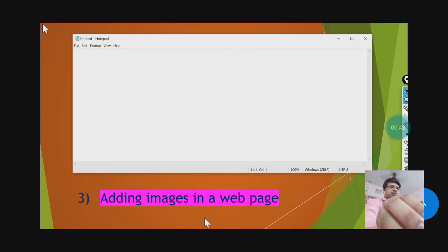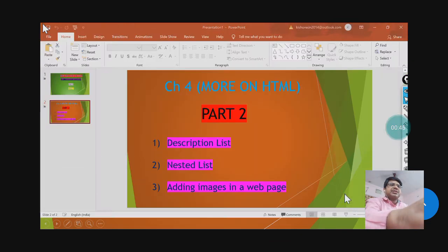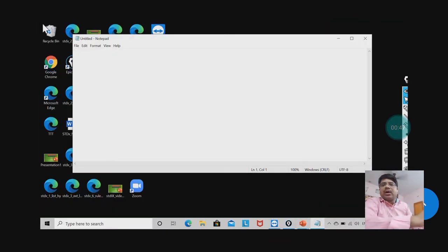Now, what is description list? If you want a term to be defined. Like if I am talking about computer, then I should have the definition of computer, that it is an electronic device which converts raw data into meaningful information. Now I am going to use